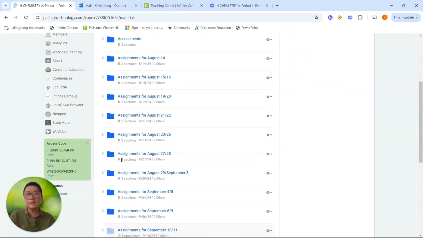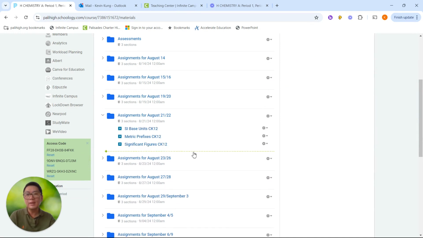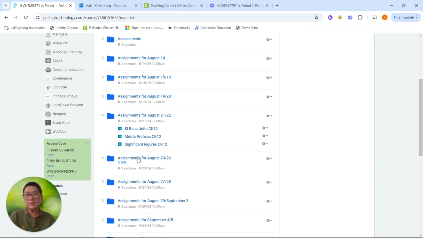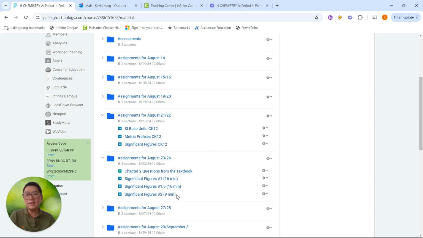On Schoology, students will see assignments. I'm going to open up any random one. Well, maybe click on the next one as well. You'll see on here there are assignments for each day, and these are usually assigned, well, August 21st, 22nd, depending if it's odd or even day class. And these are assignments that they're supposed to do.